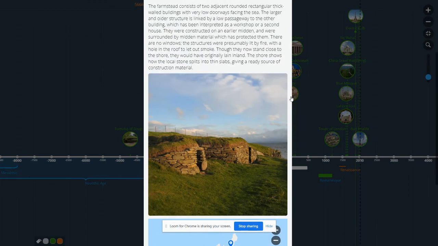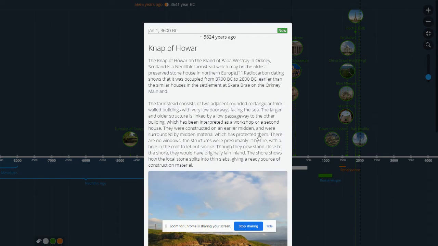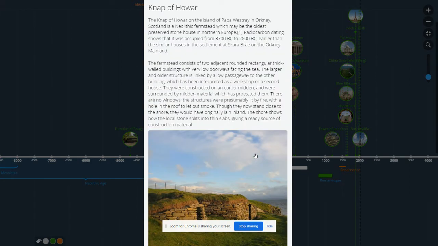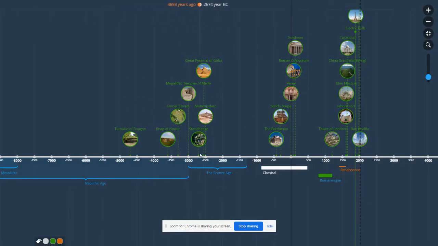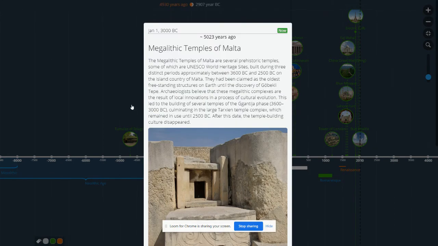It's not easy. You have these amazing loose stone based buildings at the Knap of Howar that still stand. They have a living area, and we speculate some sort of spiritual area as well. That's quite fascinating, and it predates Stonehenge and the pyramids. There are other examples, for example, the megalithic temples of Malta, with really beautiful carvings, 5,000 years ago.